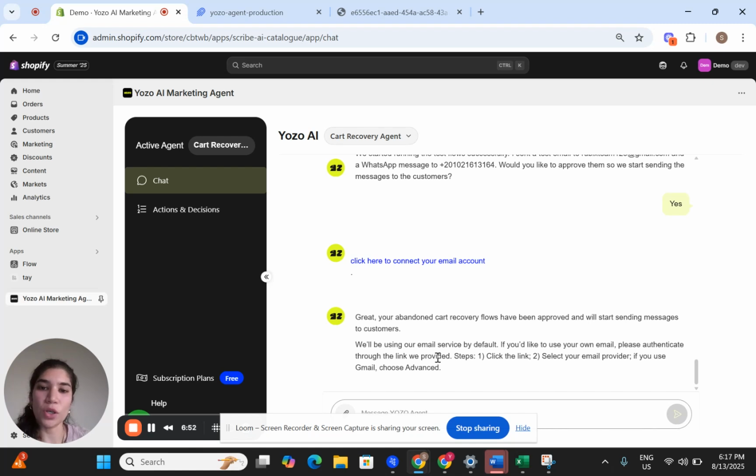This is it for the card recovery agent. Of course, as store owner, you would be receiving progress reports via WhatsApp. So if you use this WhatsApp number, then you would be receiving just updates. You would be receiving weekly emails with all the reports. And at any given point in time,